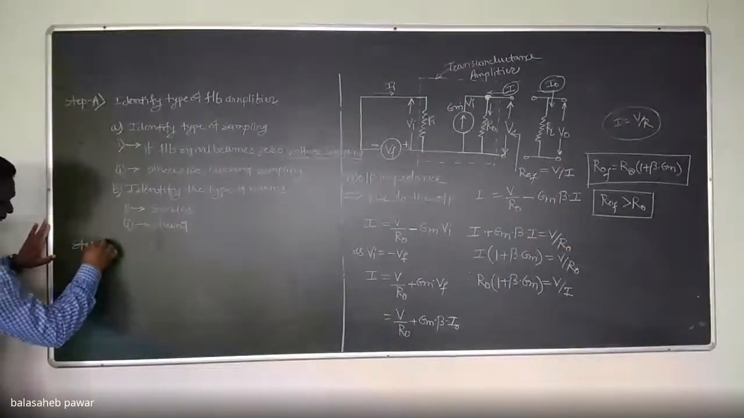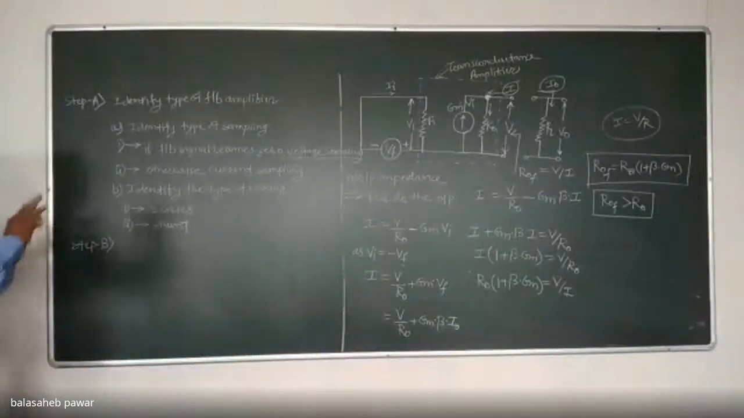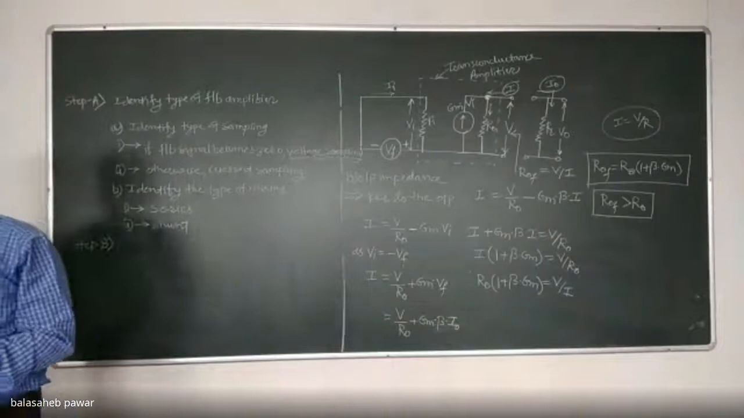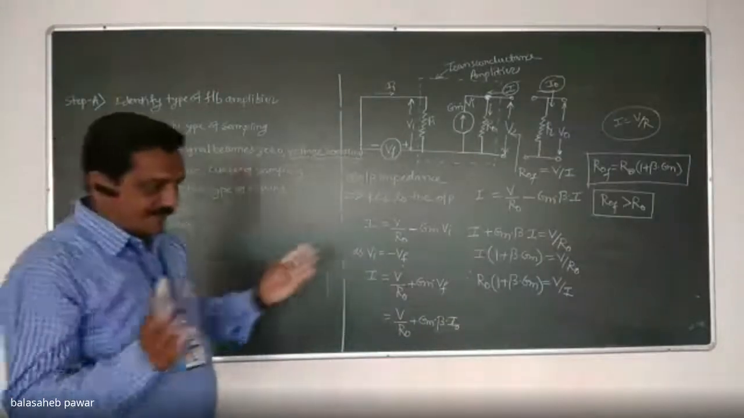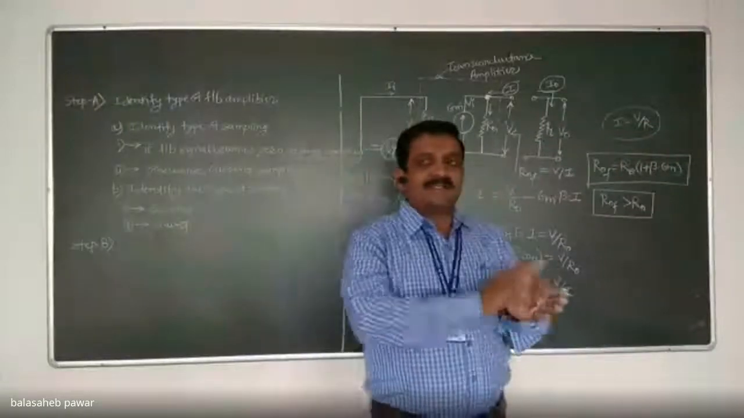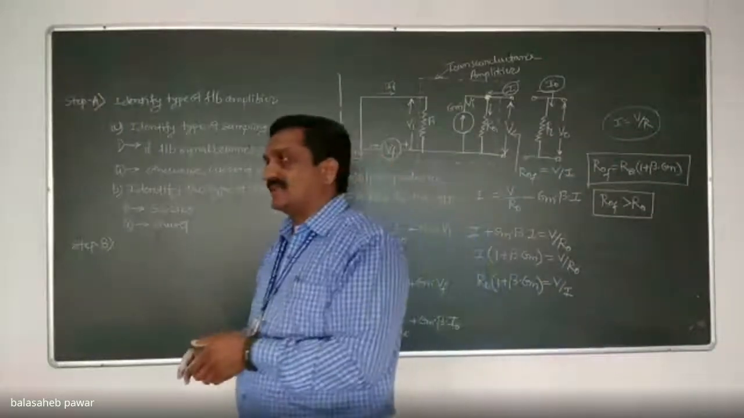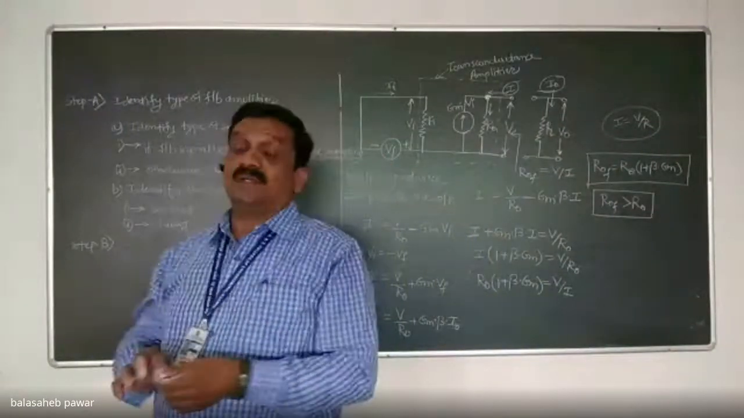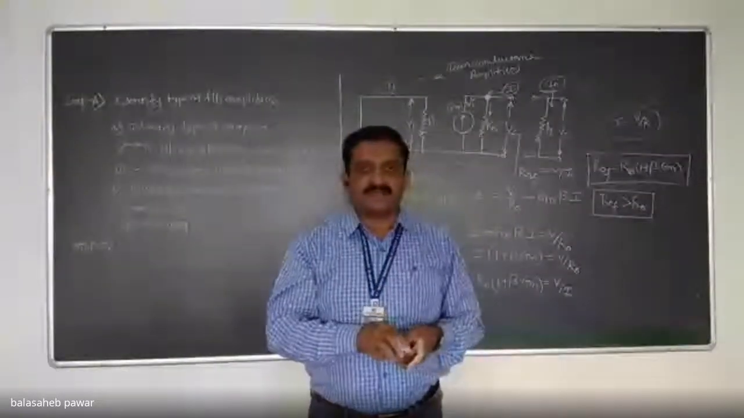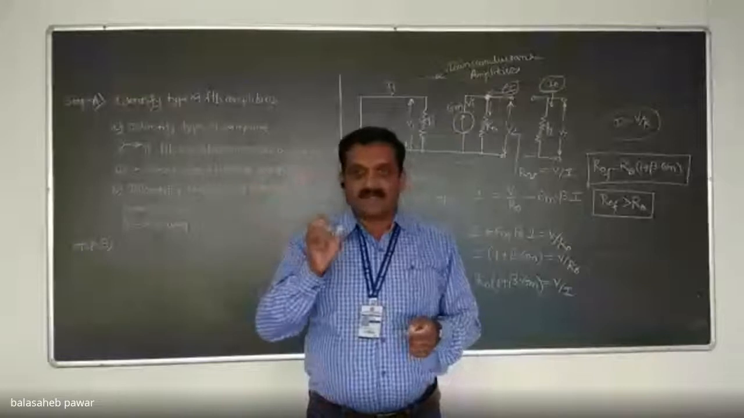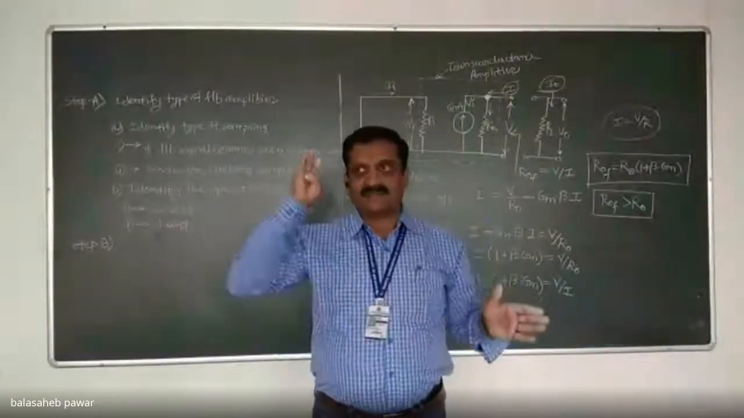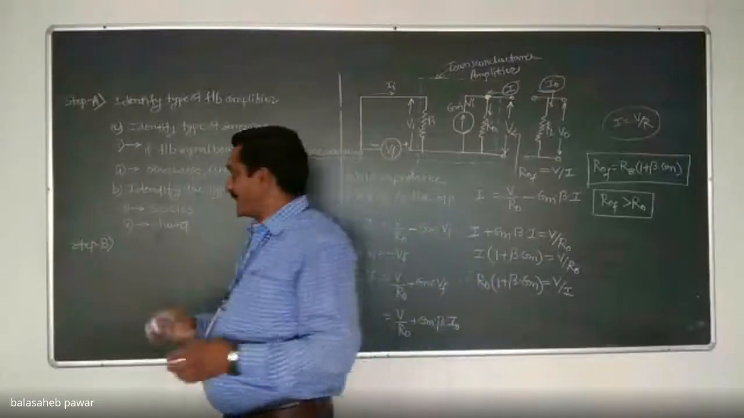For the given network, that means you have to replace that feedback network at the input side as well as at the output side. You have to show the effect of that feedback network, which is basically a resistive type of network, that means the feedback resistor, on the input side as well as the output side. Okay. So first of all, note down that step B,